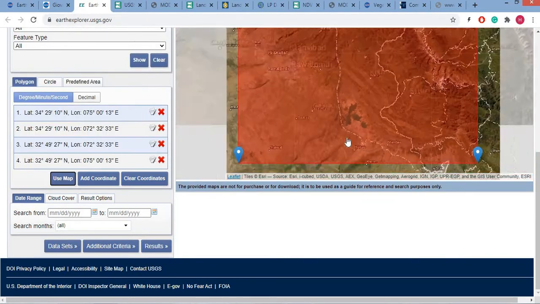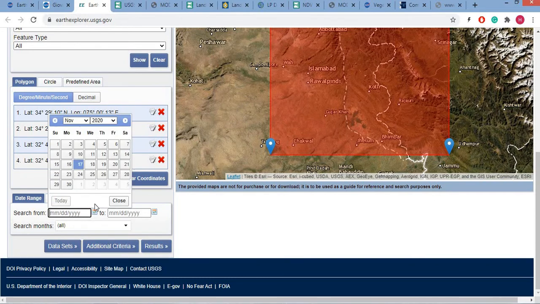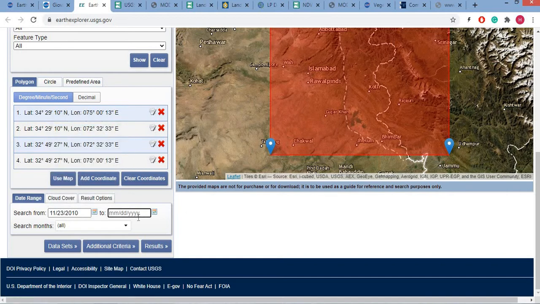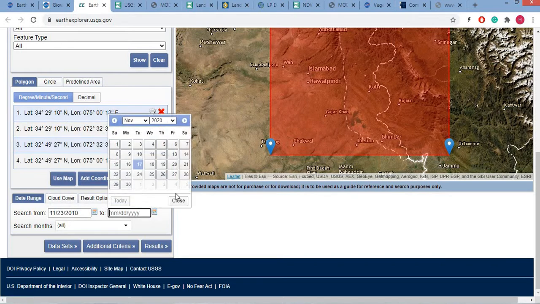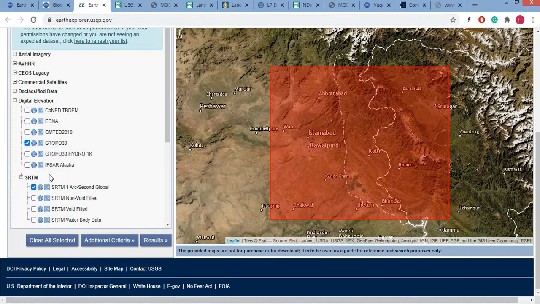If we use map this one, and then you have to go to date. For example, we go for 2010 data, November 2010, 23 November to November, this one and this one. So datasets, and we have selected 2 datasets.